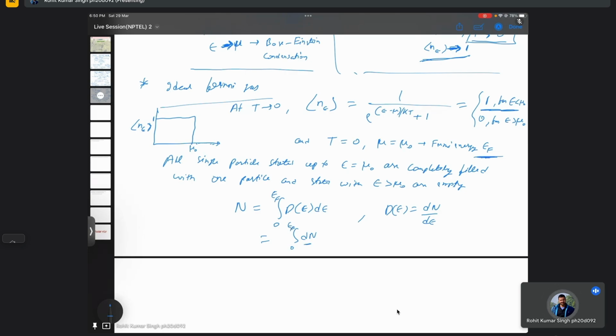so this dn is basically the number of particles in an interval E to dE, right? So dn is the number of fermions lying in an interval E and E plus dE. Okay,